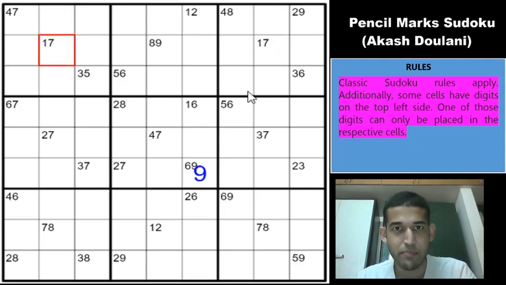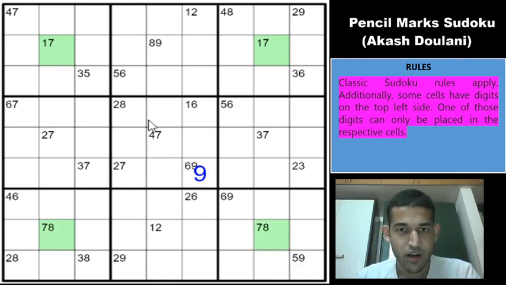Superb. So this is really helping us. If you look at these 4 cells, row 2 column 2, row 2 column 8, row 8 column 2 and row 8 column 8, what this pattern is called is an X-wing, right? When you have a digit that can be restricted to exactly 2 cells in any 2 rows or any 2 columns, in this case the 7 is restricted by the givens to exactly these 2 cells in row 2 and 7 is exactly restricted to these 2 cells in row 8 and they are exactly in the same columns also.